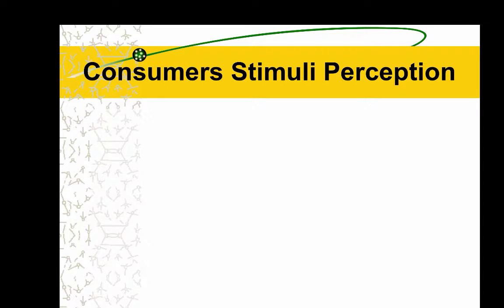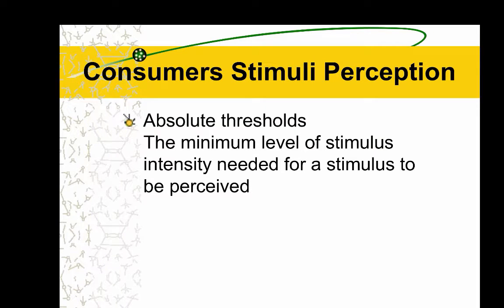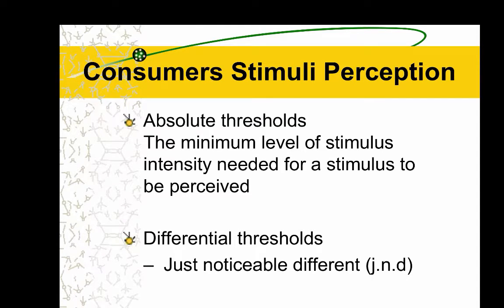Chapter 3 then discusses the concept of sensory thresholds. The absolute threshold is the lowest point at which an individual can experience a sensation, while the differential threshold is the minimum difference that can be detected between two stimuli. For a marketing stimulus to be perceived, it must be above the absolute threshold. The differential threshold is important when marketers either do not want consumers to notice a difference between two stimuli or want consumers to notice the difference.